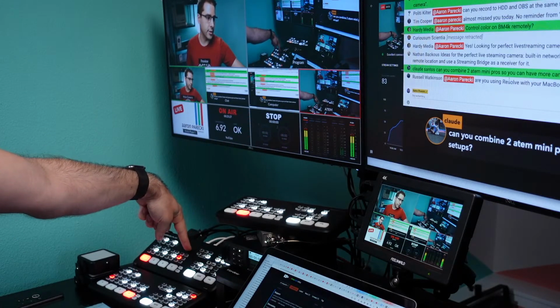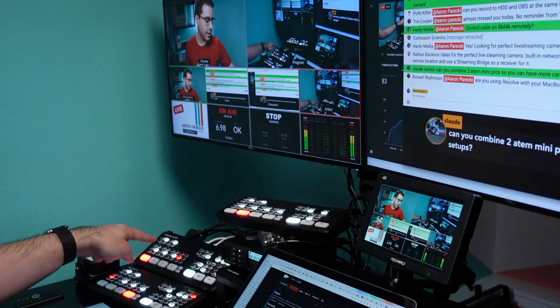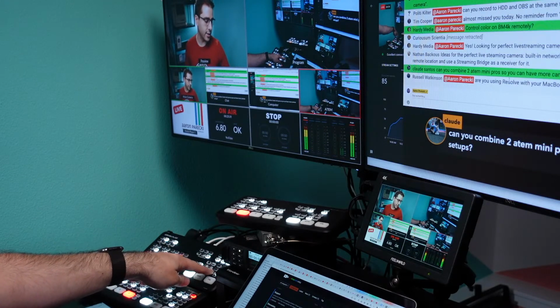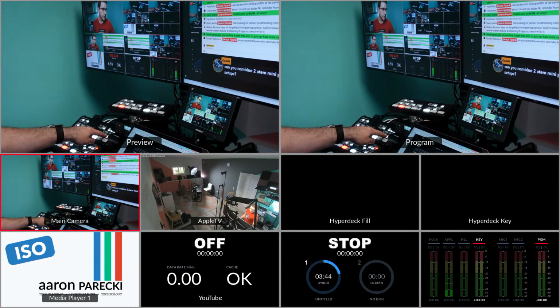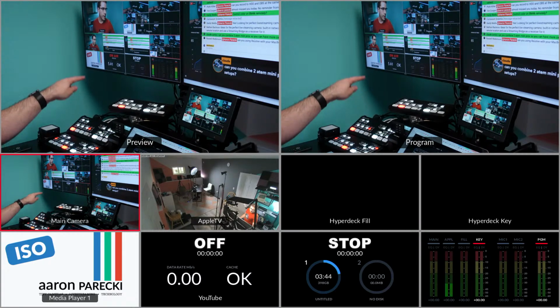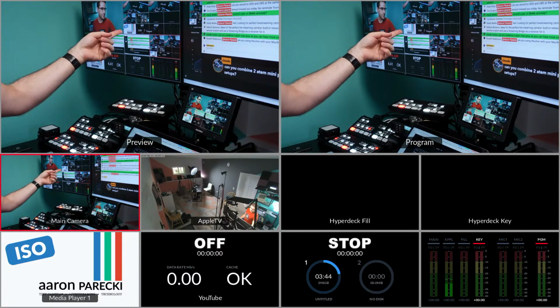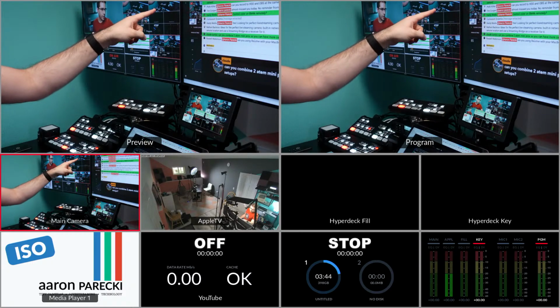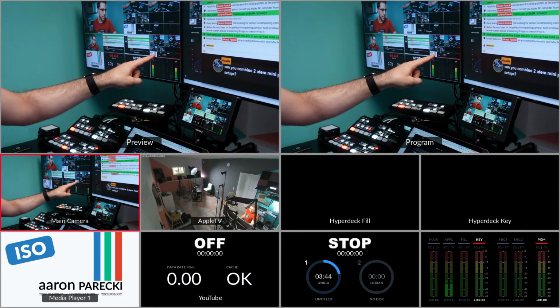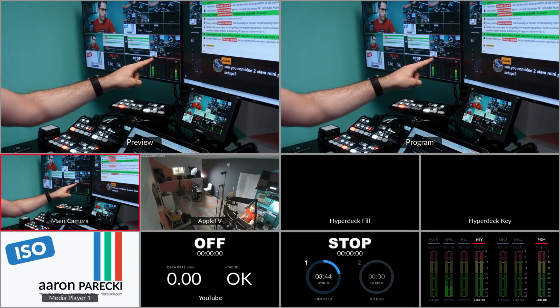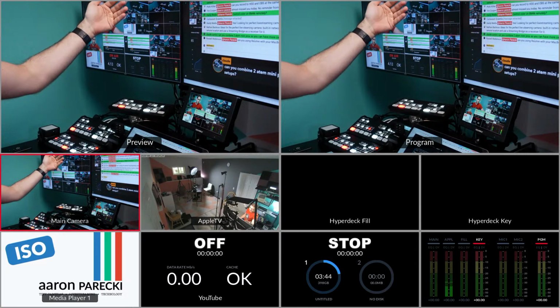This is the ISO, and right now it's sending the program feed out. If I send the multi-view out, okay, yeah, that works. So this is the multi-view of that ATEM ISO. And if you look at my screen up in the top right corner, this is now showing me the multi-view, which is then showing to you on the stream.